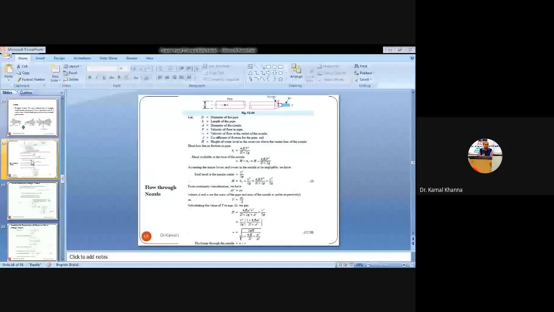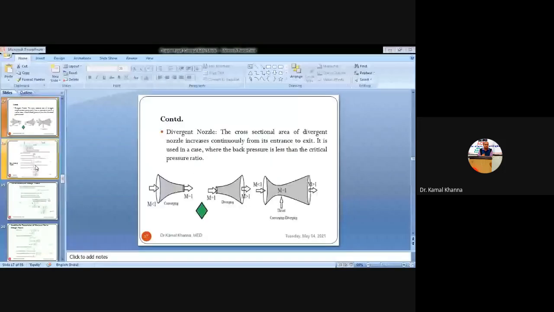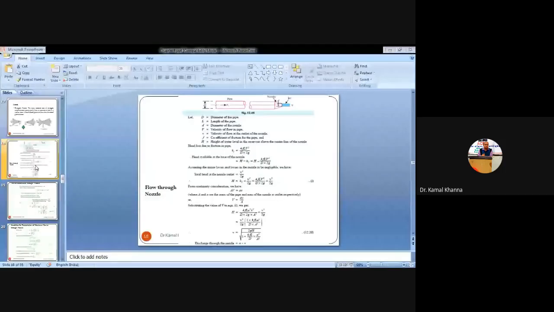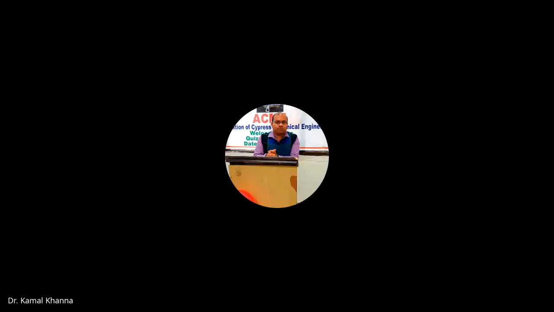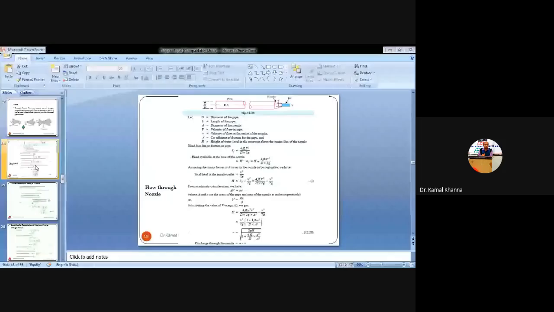So next is how we will calculate the discharge or flow rate using a nozzle. You can see in the figure that we have a certain size pipe from which the water is flowing from one end to the other end, and a converging nozzle is installed at the right side, at the end of the pipe. You can see this is the nozzle, you can see the cursor of the mouse. This is the nozzle which is installed at the end of the pipe so as to convert the whole amount of energy into a single kind of energy, that is the kinetic energy.